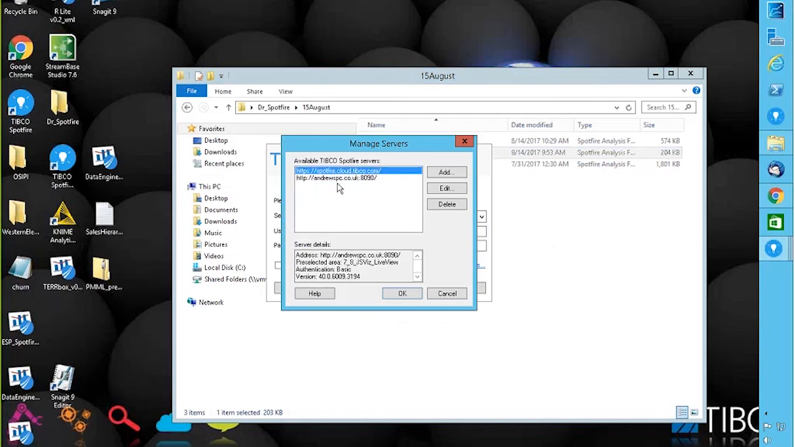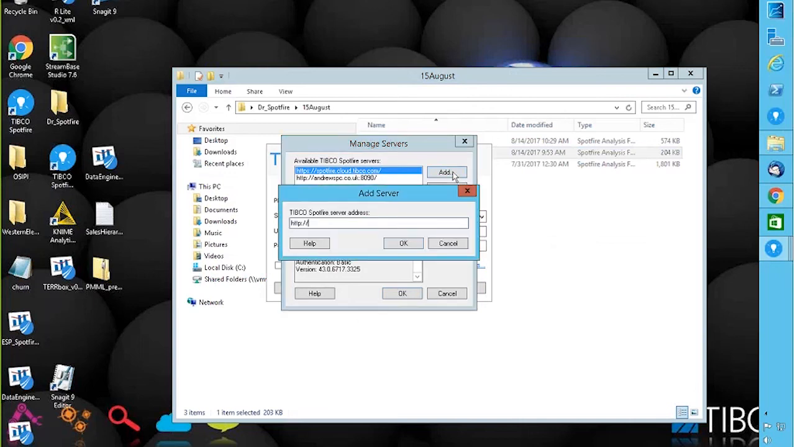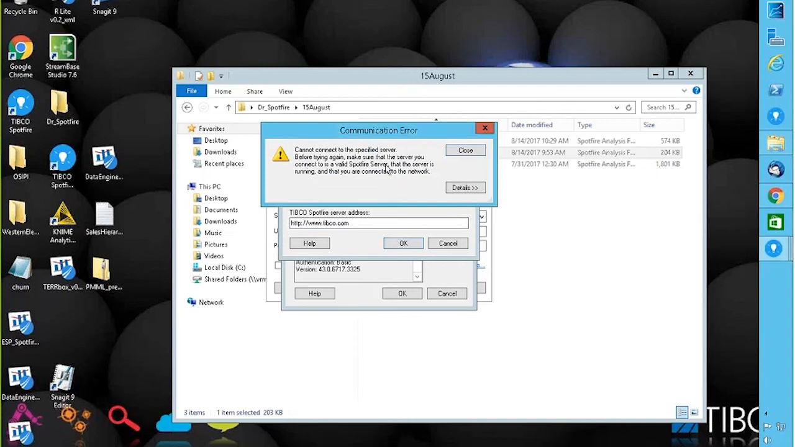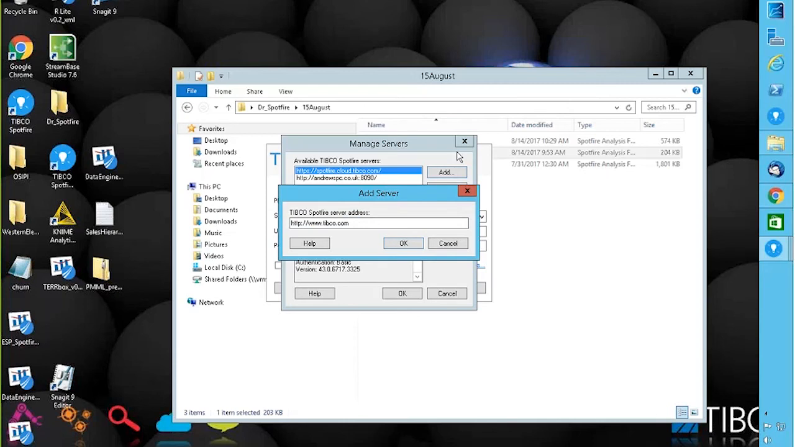I have another kind of server address. Whenever you want to add a server address, you add it here. So your server address would go here as, let's say, www.tipco.com. I'm just trying to show you, and I'm trying to add it. Now, if it is not a valid server, it cannot connect. If it is a valid server address and it is running, then only you will be able to